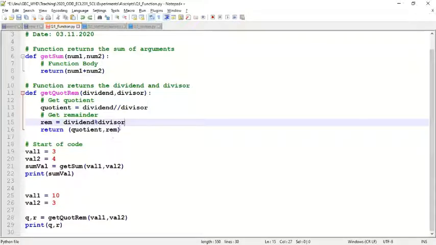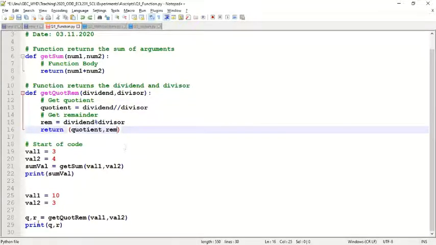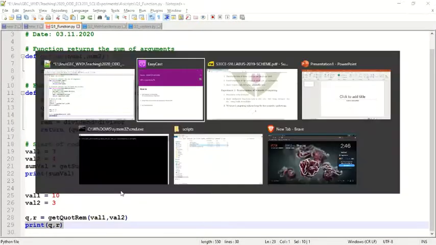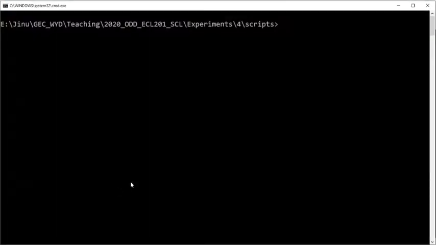For example, I can define a different value here and return from here. But in that case, wherever the function is called, I should accept that many variables. And you print the function, print the values. Okay, so if you go and execute this,